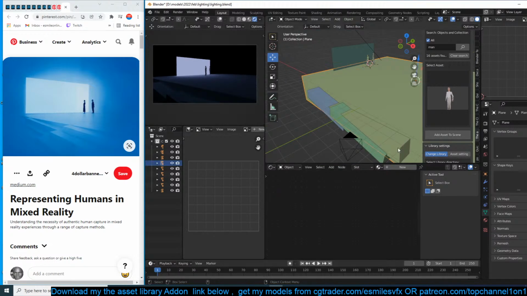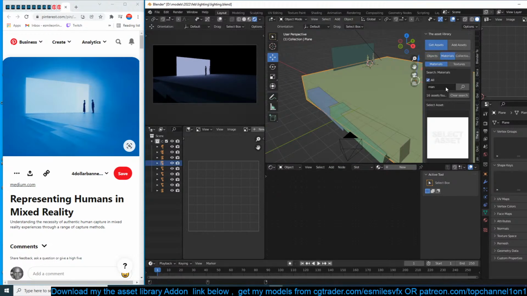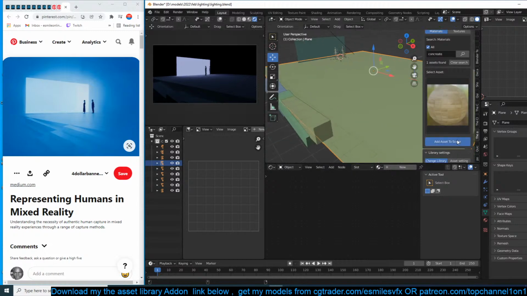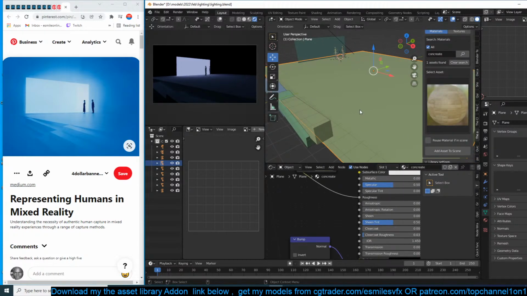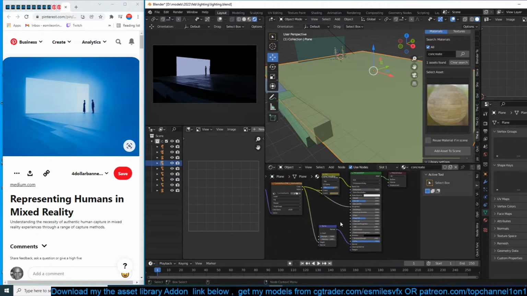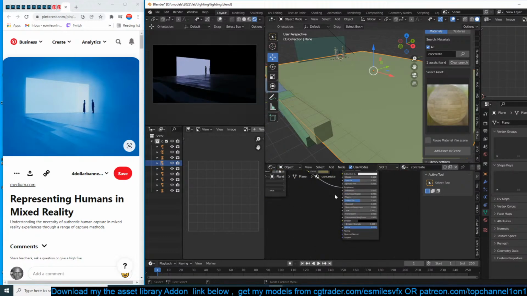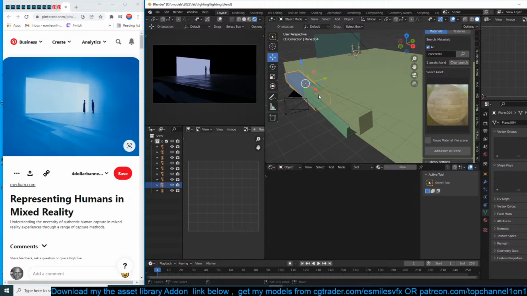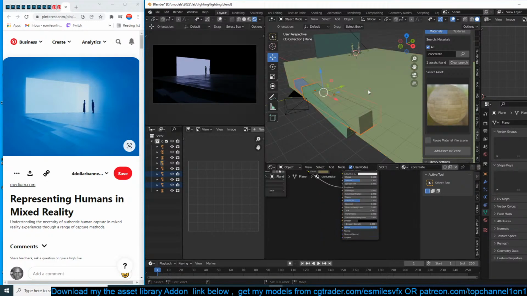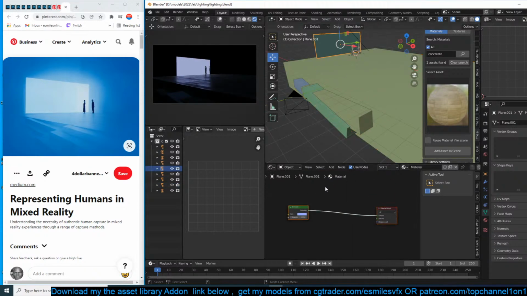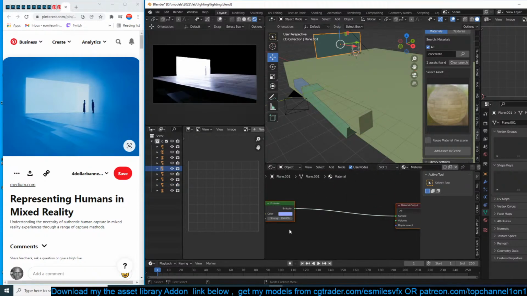Now what I'm going to do is let me grab a concrete material, concrete surface, and just add it to this. So we have a more reflective, detailed surface. Now, let me give this a lot more power, like